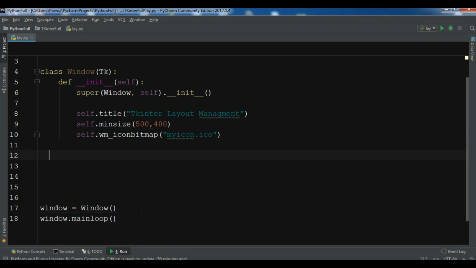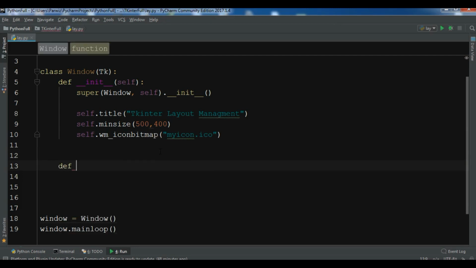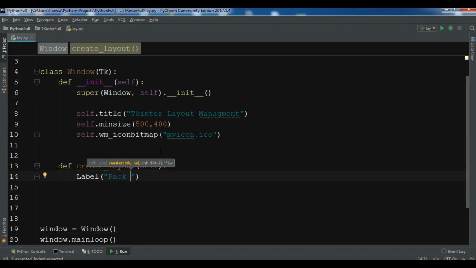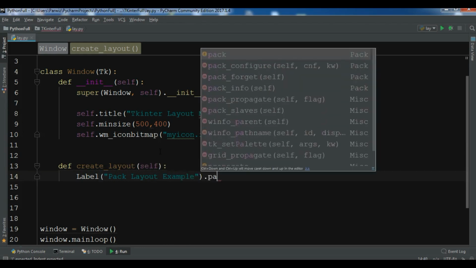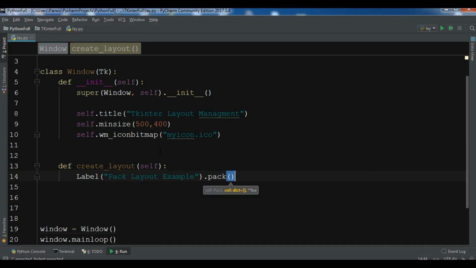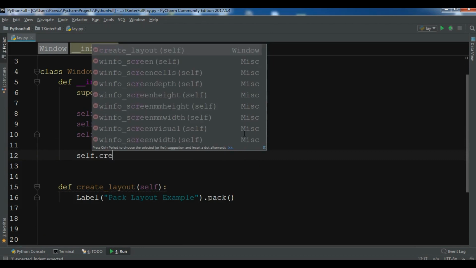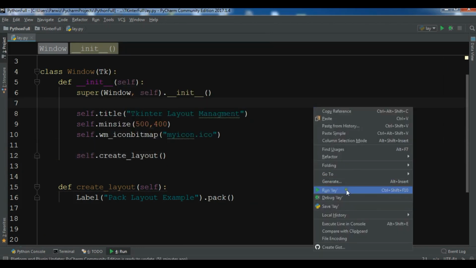Now let me show you an example of these. First let me show you pack. Let me call it create layout, and let me first create a label in here, and I call it pack layout example, and you can simply pack this like this. There are different parameters that you can use. First let me just call this self.createLayout, and if you run this,